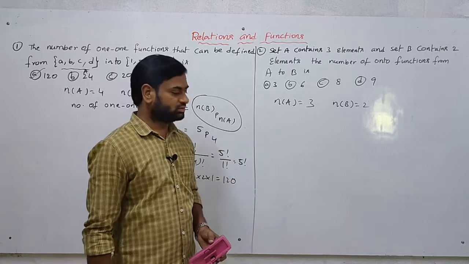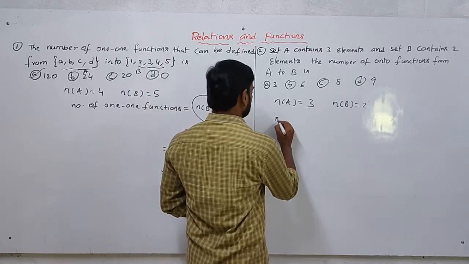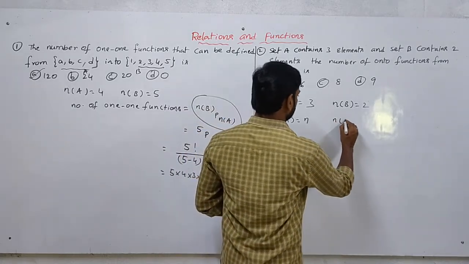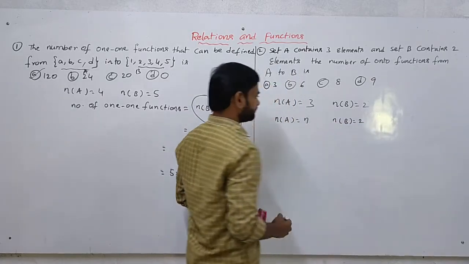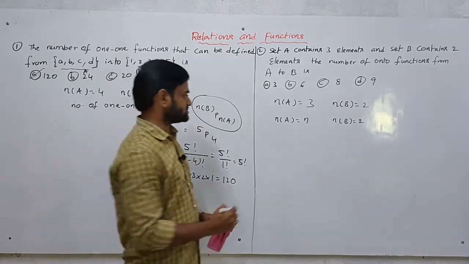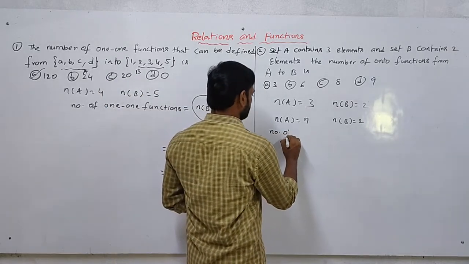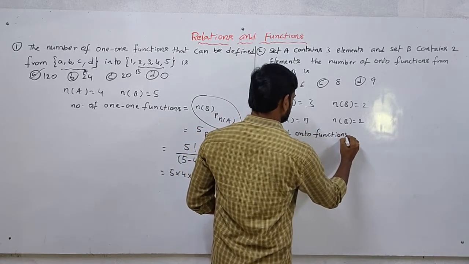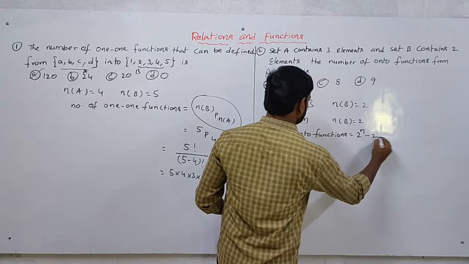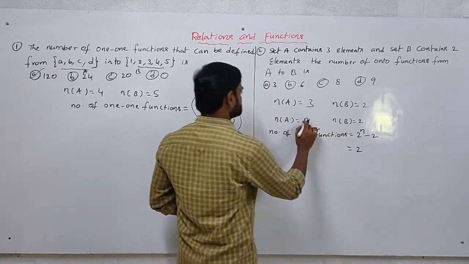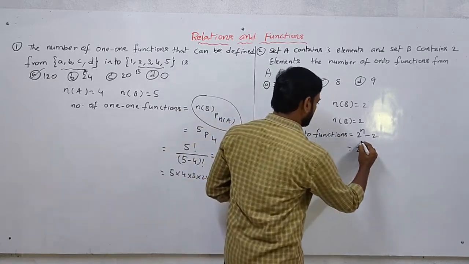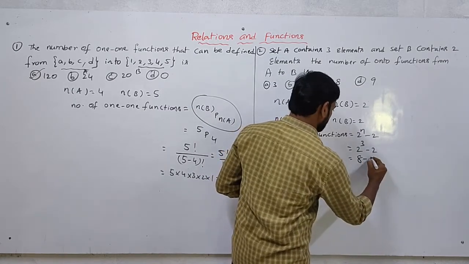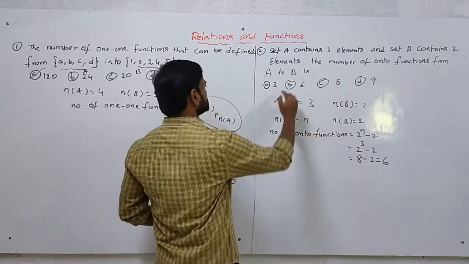I gave one formula: n of A equal to n and n of B equal to 2, the number of onto functions is 2 power n minus 2. Here n is 3. So 2 power 3 minus 2, that is 8 minus 2, that is 6. Answer is